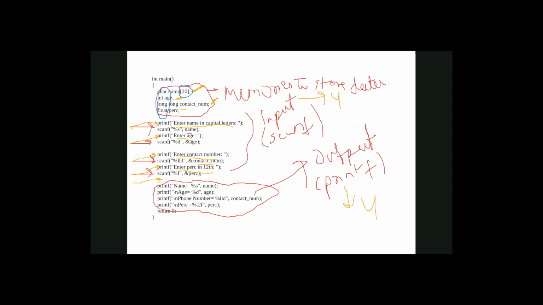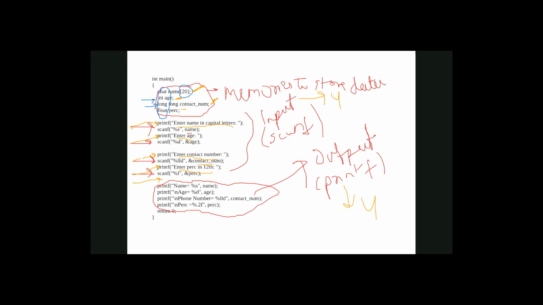So what is the type of age? What type of memory is age? Integer. So int means integer. It means it will store the integer value. And what is long long? Long long is the memory which stores higher integers. Because age has some limitation, I cannot store up to certain digits. So for int there is a memory long long.